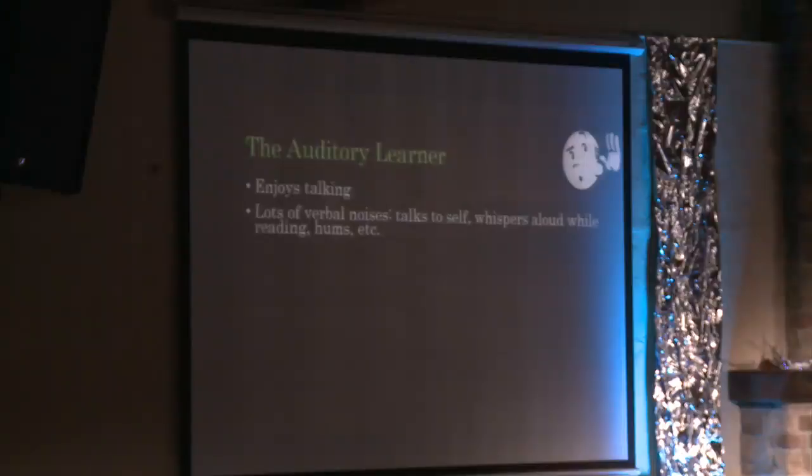So those people enjoy talking. And again, this is generalization. You may or may not be able to identify with this. Lots of verbal noises. Talks to self, whispers aloud while reading, hums, all that. Ever had a kid like this? Sounds like